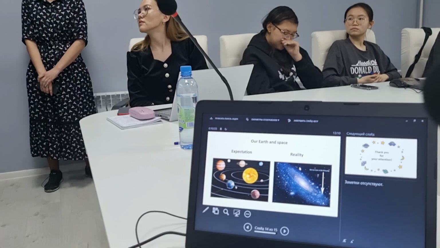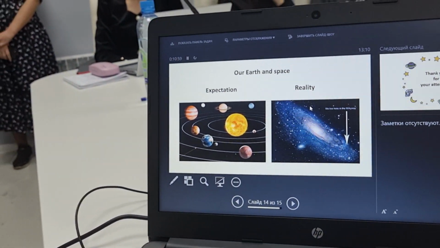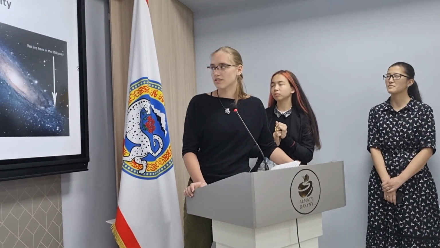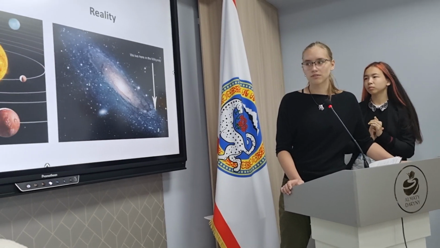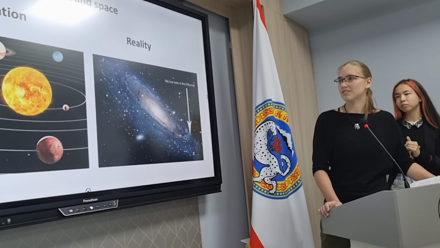Our solar system is located in the Milky Way, and our Milky Way is located in another galaxy, and it can continue to infinity. So that's all.